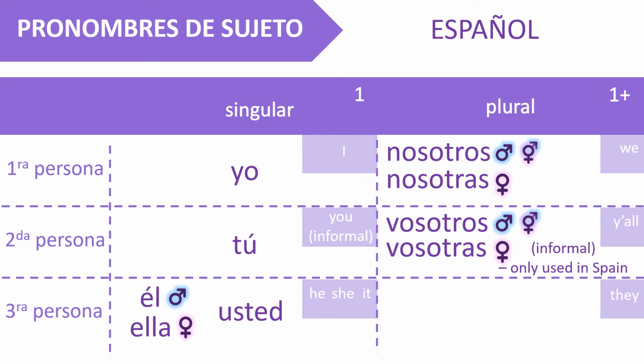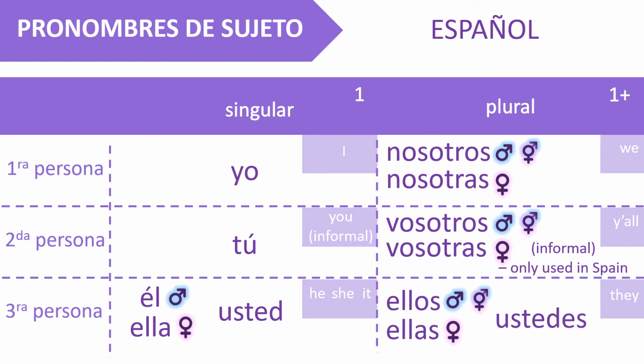The third person plurals, la tercera persona plural, son ellos, they when referring to a male identifying group or a mixed group, ellas when referring to a female identifying group, they, and ustedes. In Spain, ustedes is the formal way of saying you to a group of people. Perhaps if you were giving a presentation, you would use ustedes to be more respectful to your crowd. Outside of Spain, ustedes is the only word that exists for you all. It is both formal and